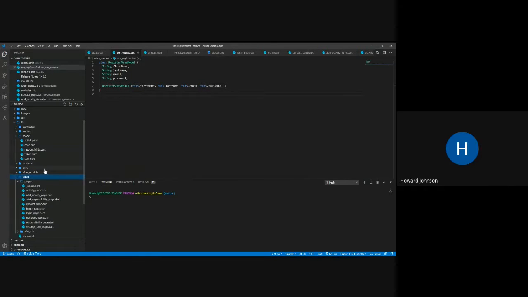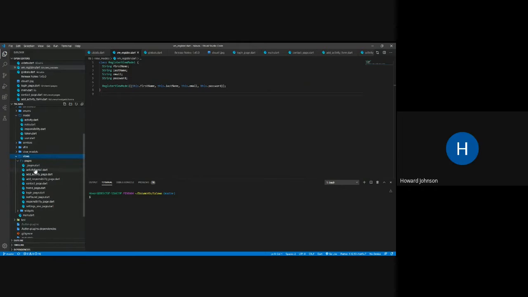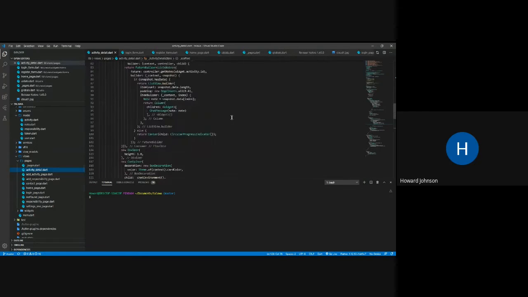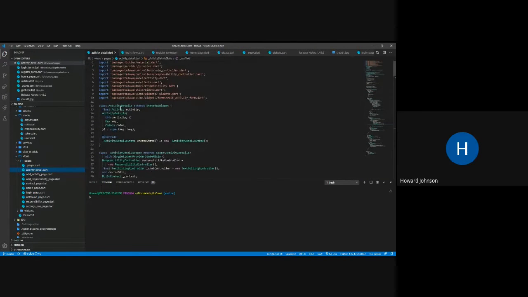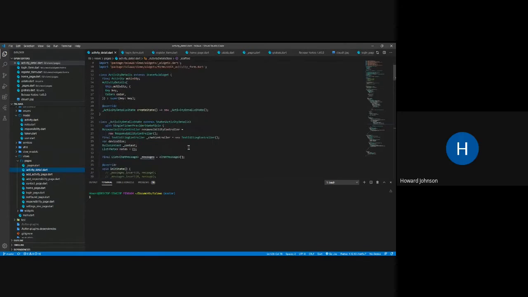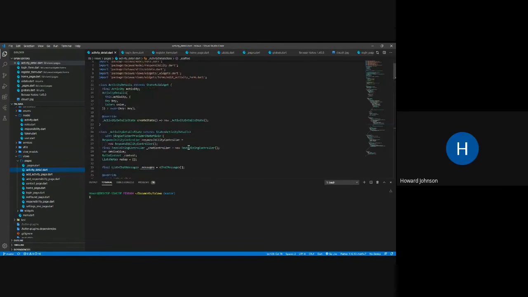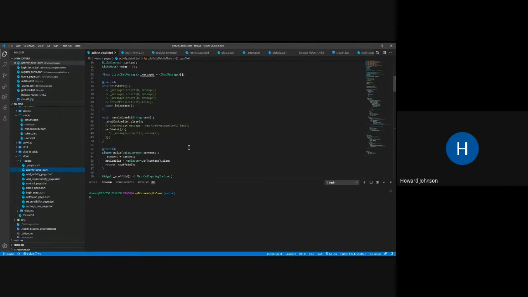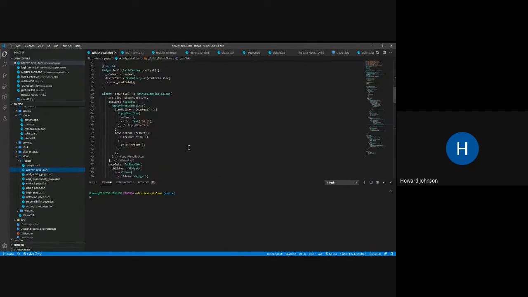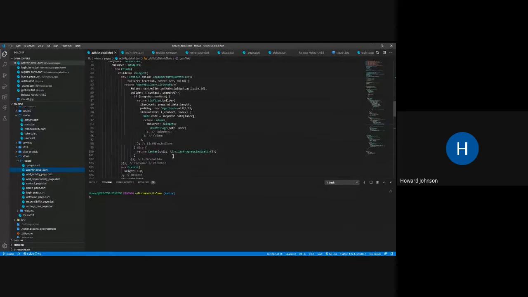From there, we actually get into the views themselves. So we can start off here with the activity detail. Now the activity detail file handles the actual individual activity itself. So say for instance you're on the base app and you see the list of activities. When you click on an activity, this is the screen that you see. This, as you can see, is a stateful widget. It outlines all of the functionality for that, how the page is structured, scaffolding, everything, and like